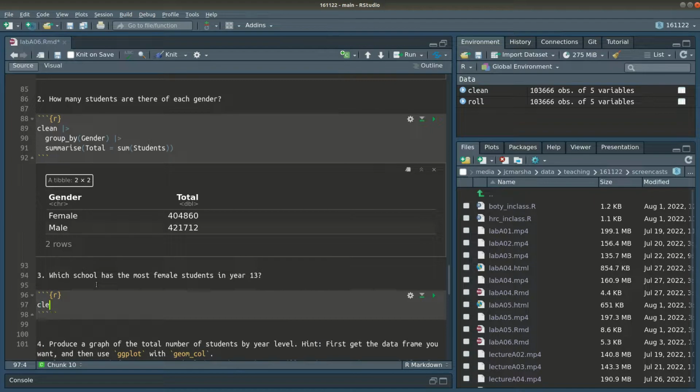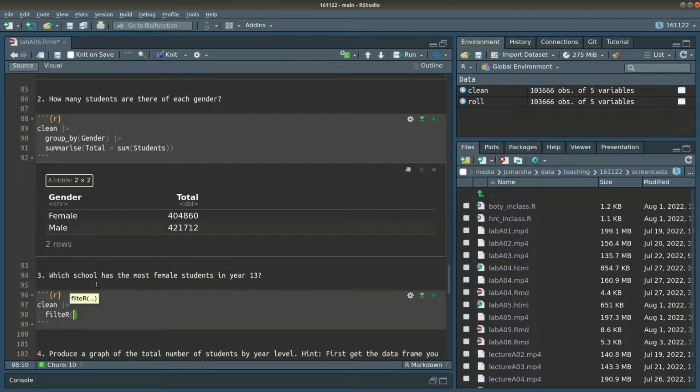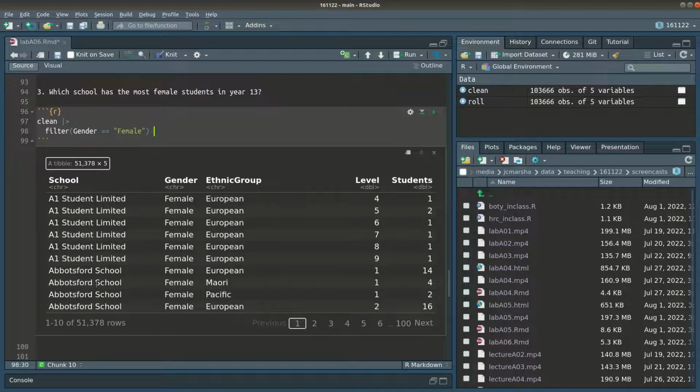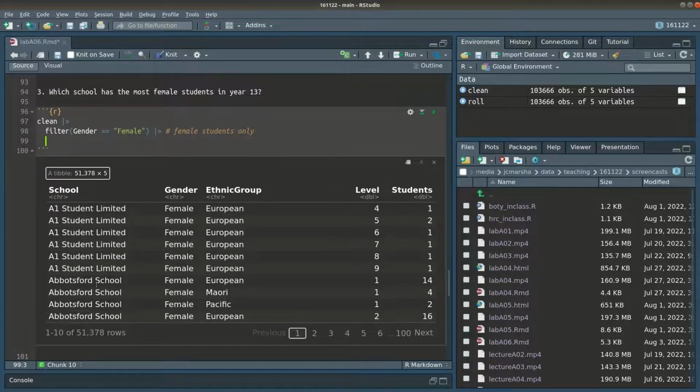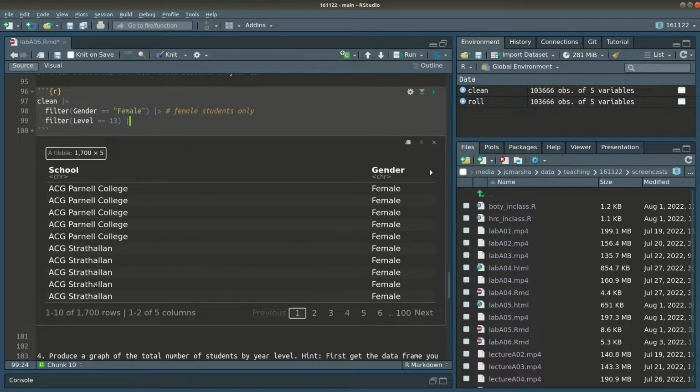So the first thing I would do is do a filter to just drop down to the female students. So gender equals female. Right, so that's female students. Okay, then we'd filter again. We could do it all in one filter, of course, if we wanted to, but we can do it separately as well. We want level is 13, Year 13. Right, so that will be female